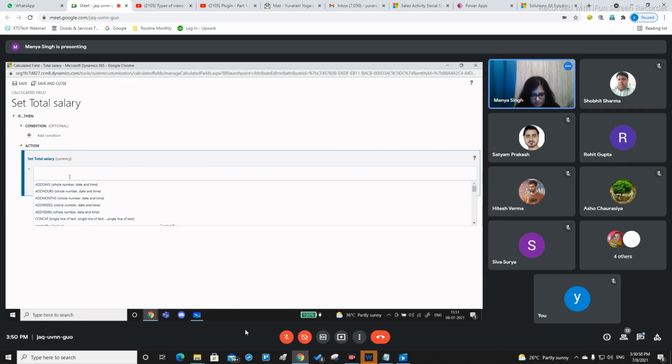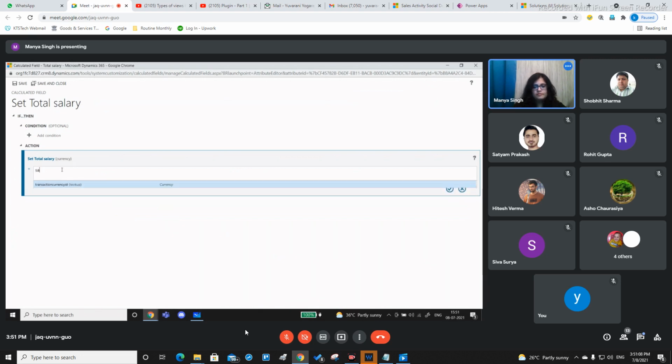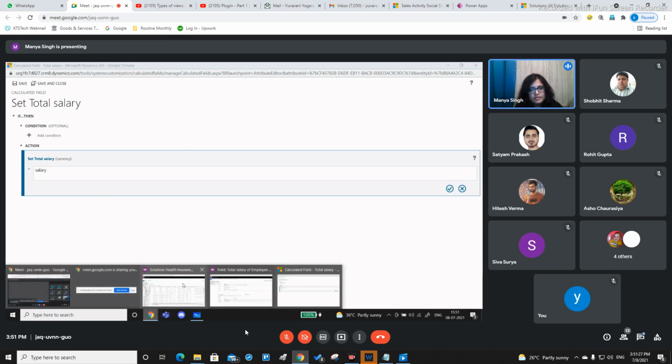Here we are not using any of the functions which are available. All we are doing is simply adding the different fields which are required. Say one is for your, I don't, did I add a salary figure? Just let me check.